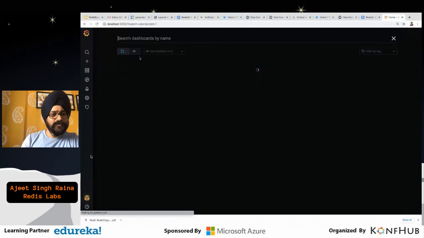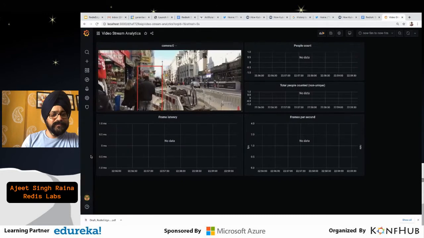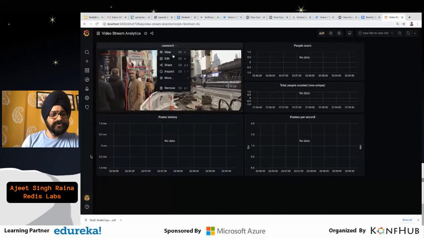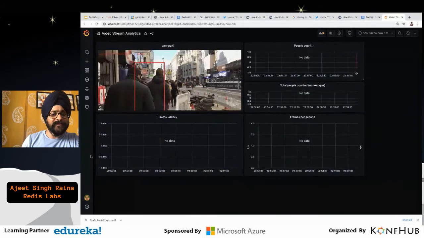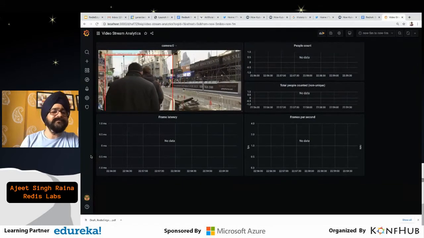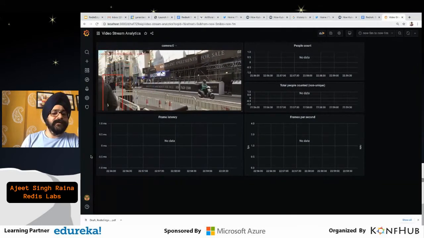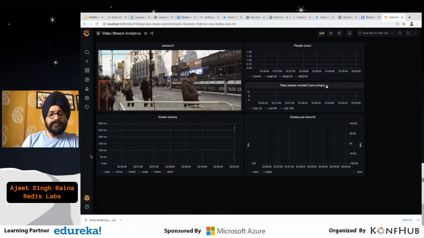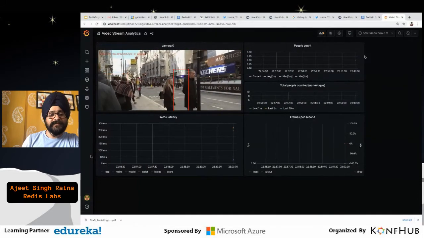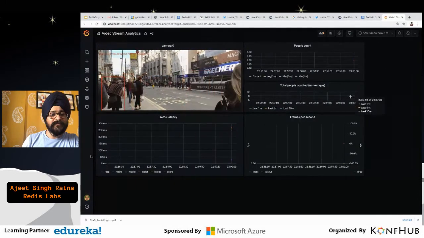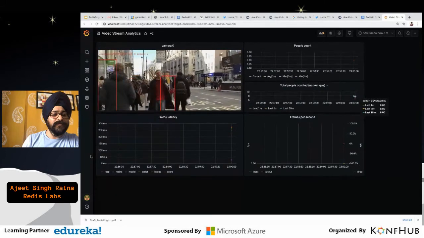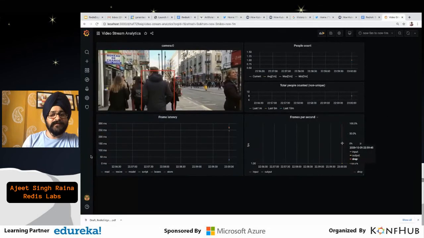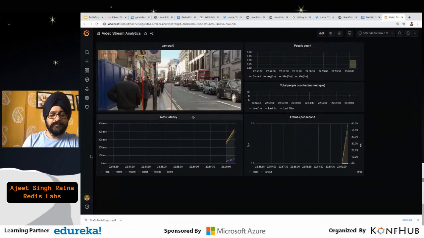Once you go to the dashboard, you will see the video stream analysis. This is an MP4 file which I have loaded, and there is a camera 0 here. At this point of time, it is a file which I have loaded, that's why it is displaying. But when you have multiple cameras, you can always go ahead and get them displayed here. On the right hand side, you see the people count and the total unique, non-unique. Since there is one unique person who has been walking, you see the people count as one, whereas in the non-unique one you see a couple of them.